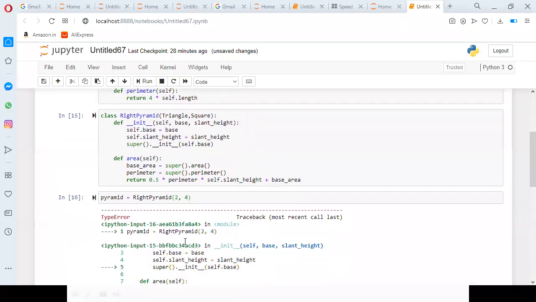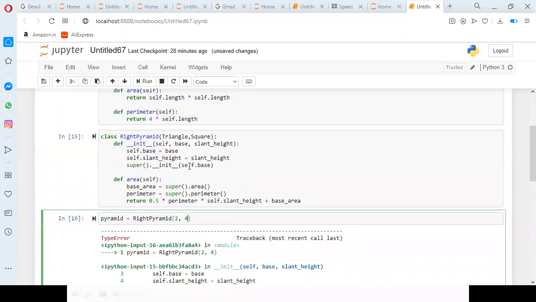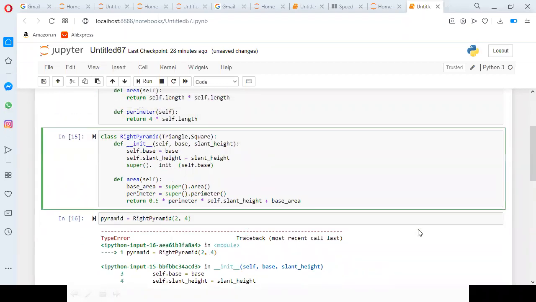So once you call base comma self dot slant underscore height, now it is working fine.